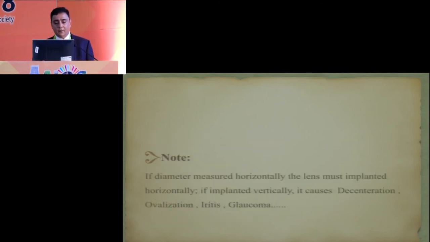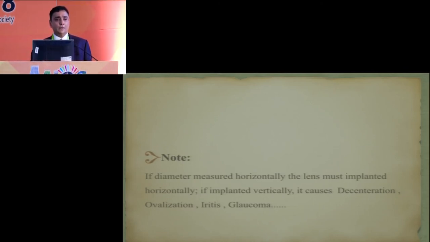So regarding the diameter of the lens that is implanted horizontally, always remember that ICLs are implanted horizontally. They are never placed vertically because the calculation of your caliper is always horizontal. Another thing, if you want to put a toric ICL, the company will do the calculation and tell you to move the ICL 10 degrees anti-clockwise or 10 degrees clockwise. So that's all you have to do, and when you put the paper and check that you have to move